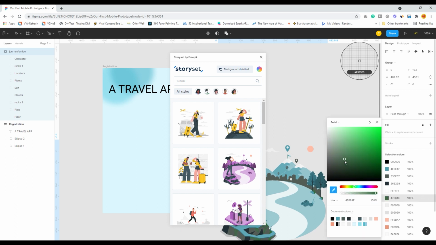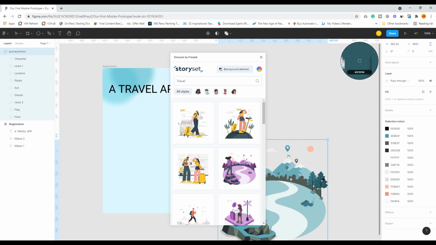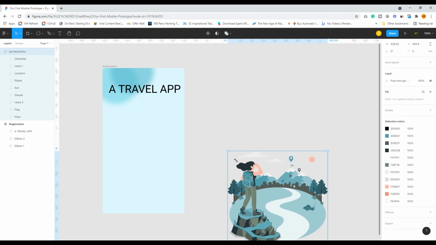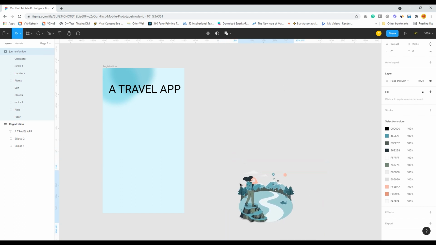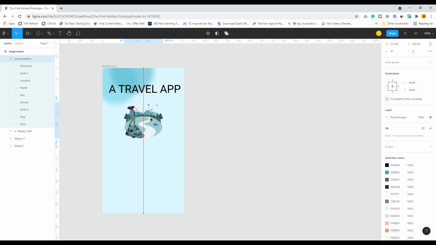See, I can change to a different type of gray. Even I can change this grass colors, this tree colors over here, but I am not going in detail. I will scale it and put it over here. Lovely, right?